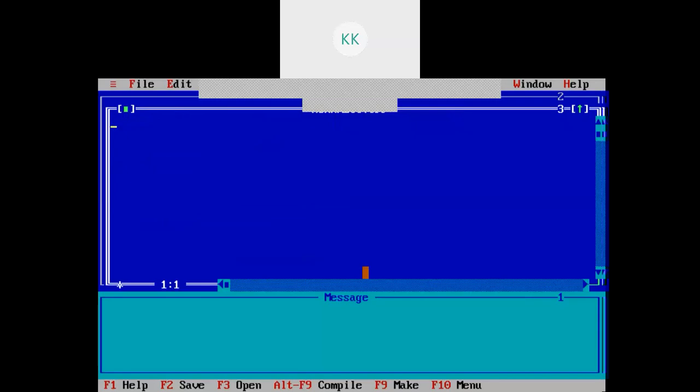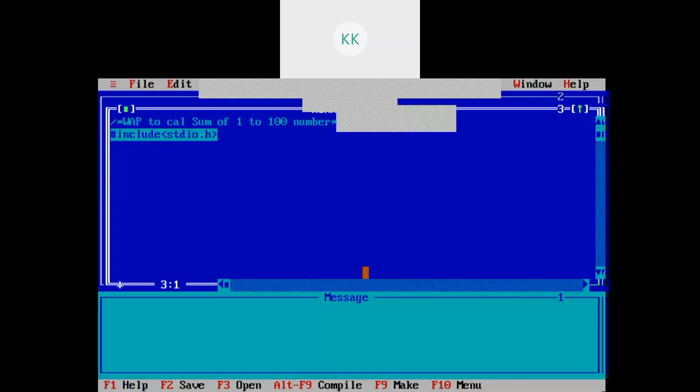For example, I will write a problem statement. Write a program to calculate the sum of 1 to 100 numbers. So I need to calculate the sum from 1 to 100. I will include some header files, include stdio.h.